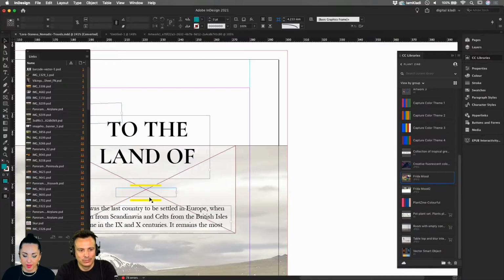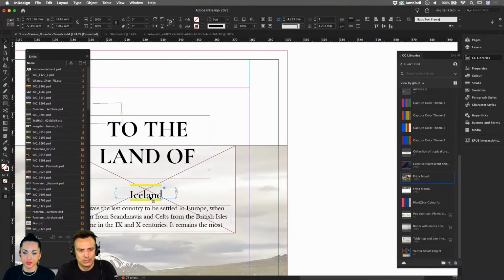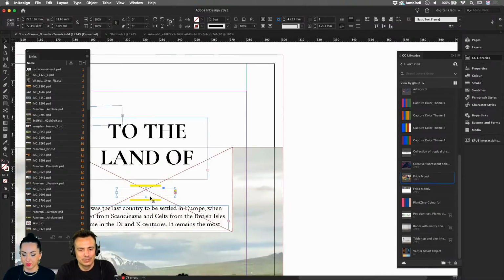And you can also click on the little text box and use the shortcut Command C, that's Alt Control C on Windows, in order to adapt and adjust the frame to the content, in this case to the text. But we strongly recommend to first resize everything and then have a quick check.